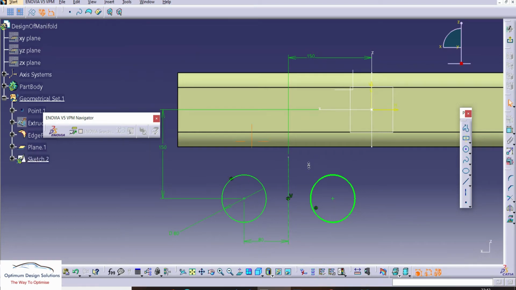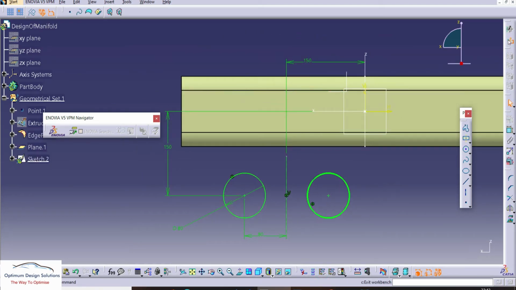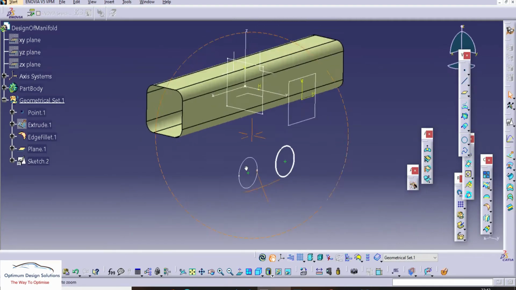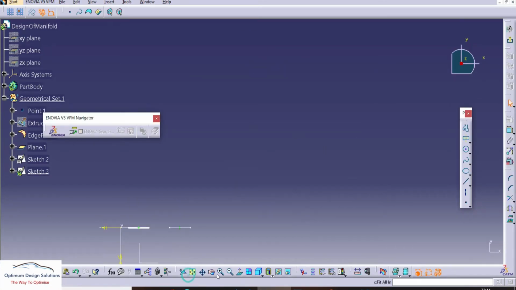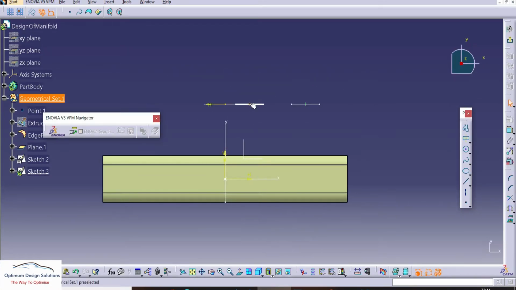For the output profile, we require the two center points of the circles for the sweep command. So kindly note that we require the 2 points and 1 center point for doing the sweep command.